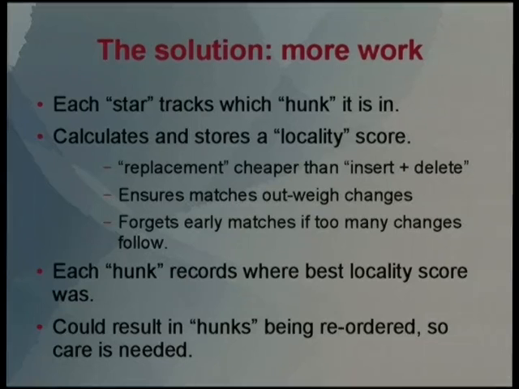So those stars, which essentially, as I said, correspond to an entry in an array, keep track of which patch hunk it's in. And as it moves along, if it changes from one patch hunk to another patch hunk, it's just got to reset its scoring mechanism. And it keeps score of kind of how close together the current match is.